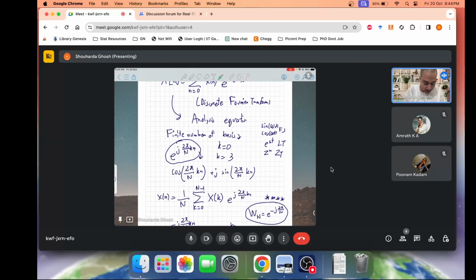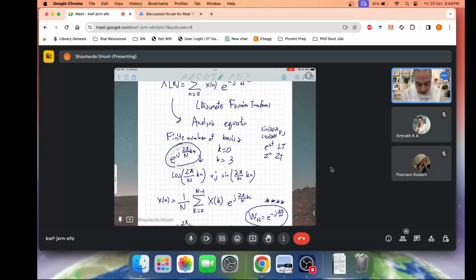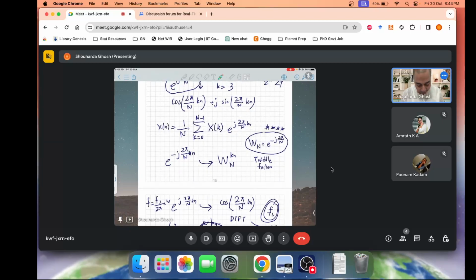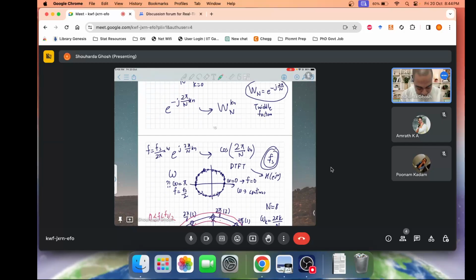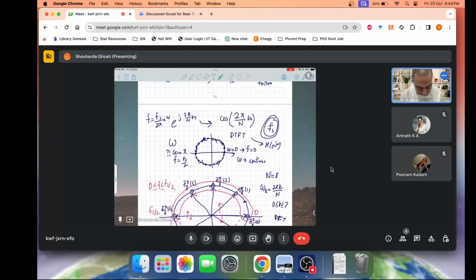And in the case of the discrete Fourier transform, these are your basis functions, and they are finite in number, 0 to N minus 1. This term, e to the power minus j 2π n, is called a twiddle factor, represented by W_N. Okay, and then we talked about